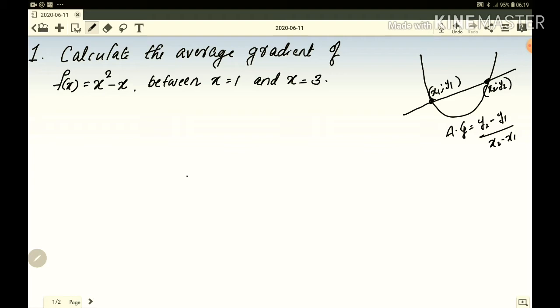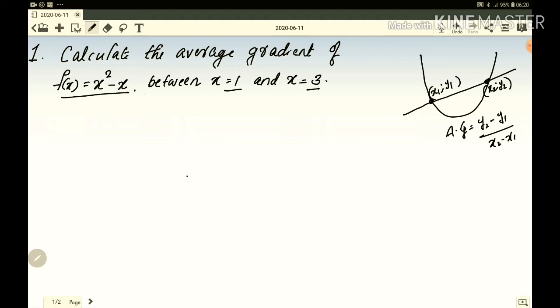Now come back to this question. Here what is given? Only the x values of those 2 points. So you have to find the corresponding y values. How do you find? Is it possible? Yes, it is possible because function is given. Take each x value. First x value is 1. I'm going to substitute in the function. You will get y value. That is how we are finding y values of a point. The main function must be given. It is given in the question.